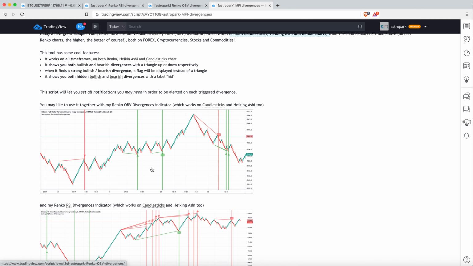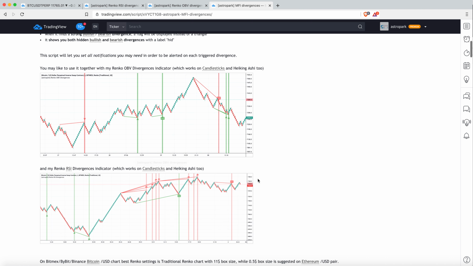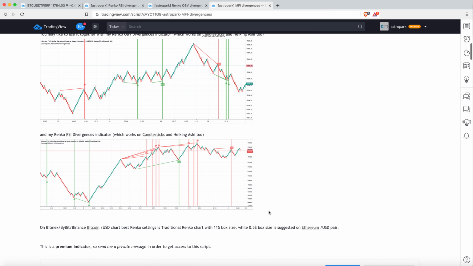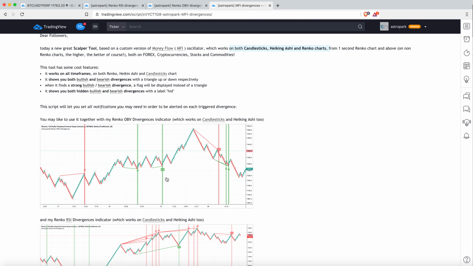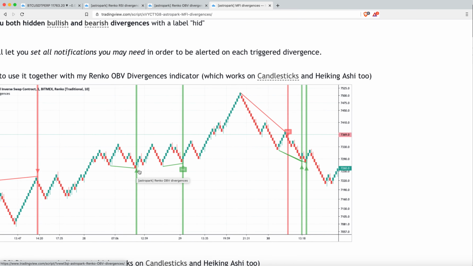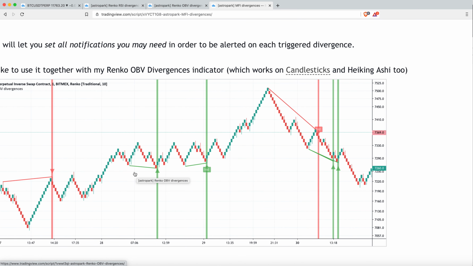When you see the flag, it is usually stronger. If you find a flag, in this case you can see here you see a triangle, so this